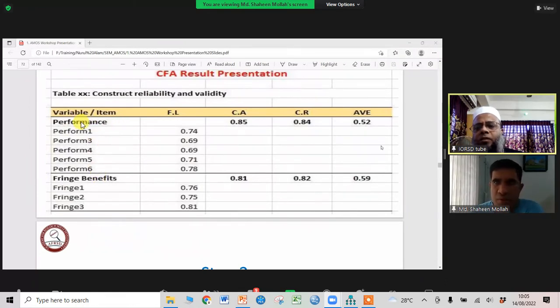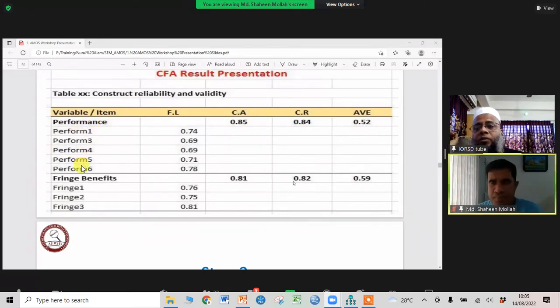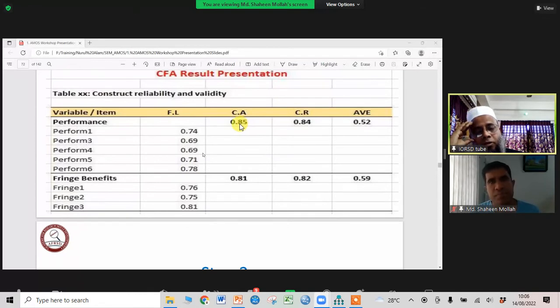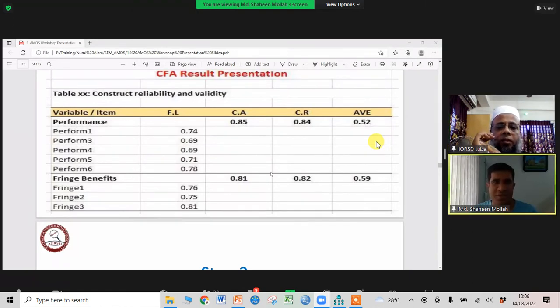The variable name and items 1, 3, 4, 5, 6 are there. These are the items, and this is the item loading or factor loading. CA means Cronbach alpha, CR means construct reliability, and AVE is average variance extracted. So this is how we present the result in tabular form. Thank you so much.